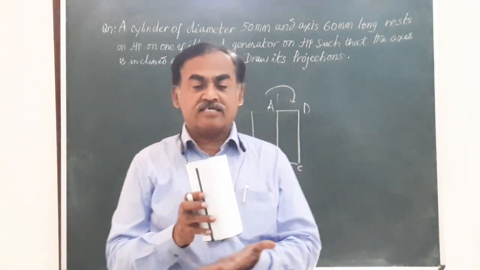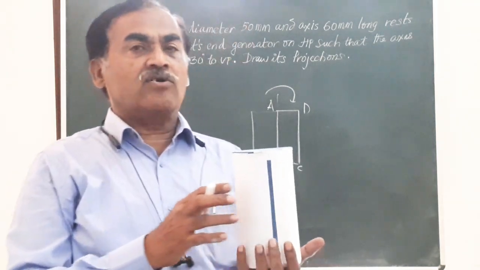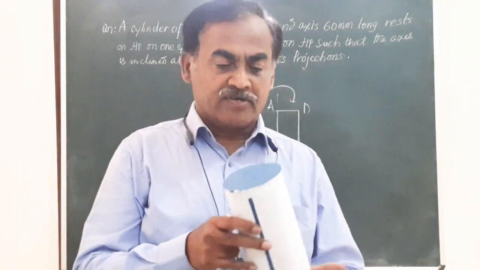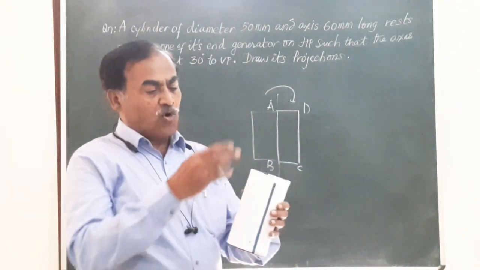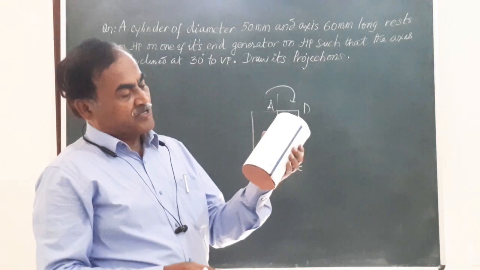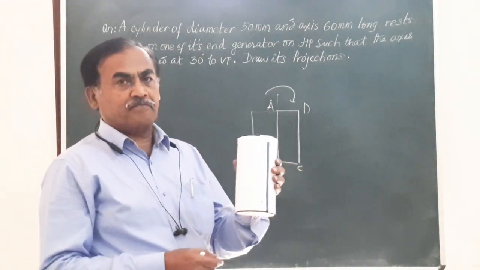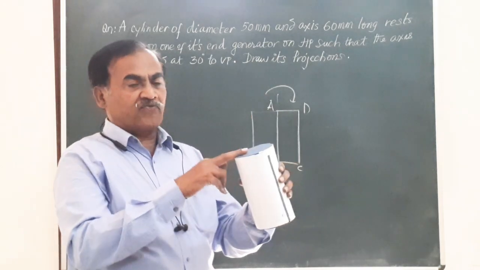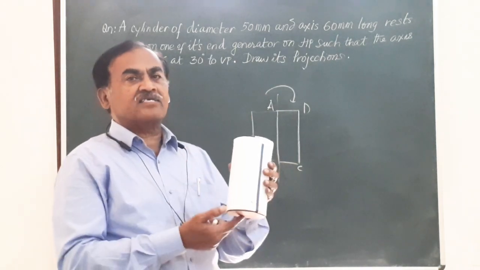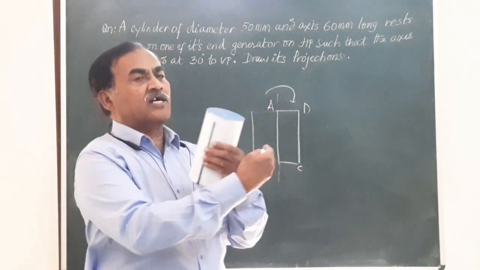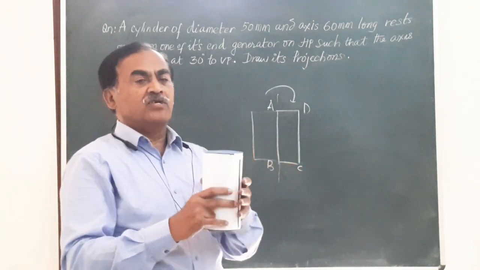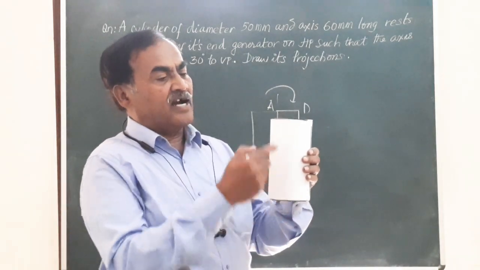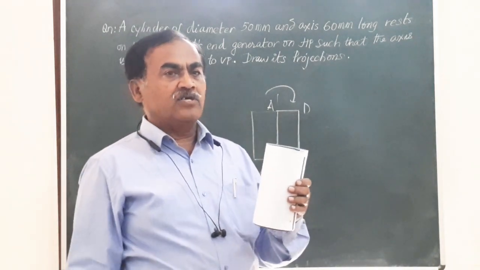So, a cylinder is a solid of revolution, and it is similar to our prisms. Throughout the height of the solid, the cross sections are the same. A cylinder has got a bottom face, a top face, and these two faces are connected by a curved periphery. So, a cylinder is defined by the diameter and the height of the object.